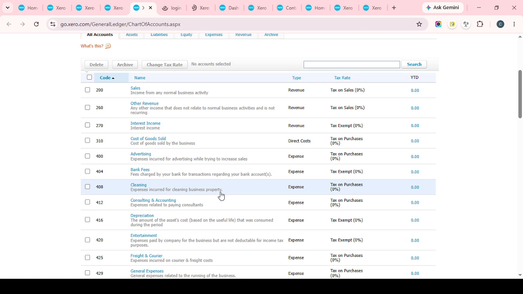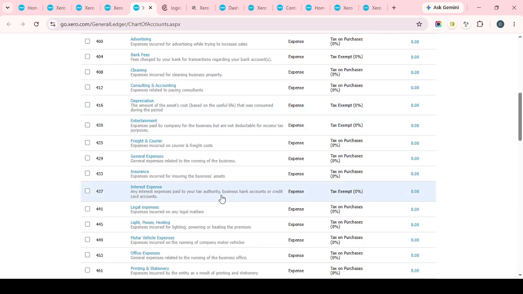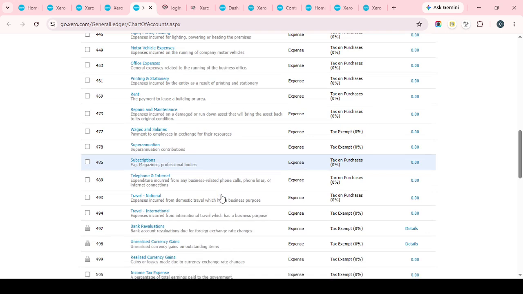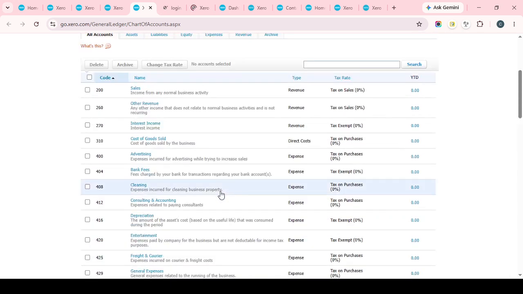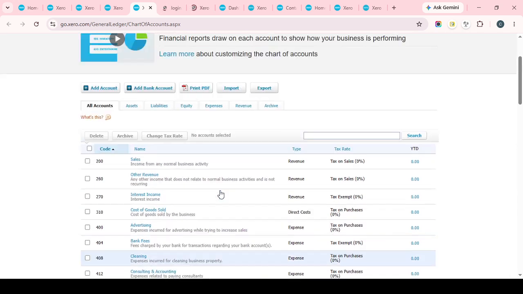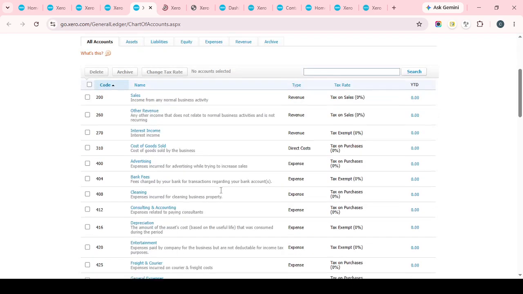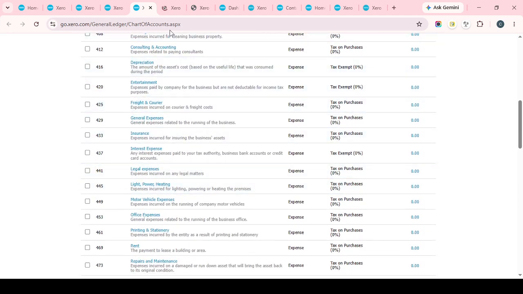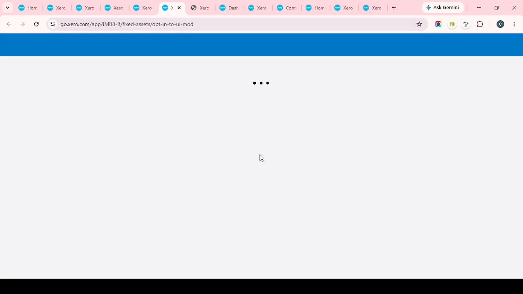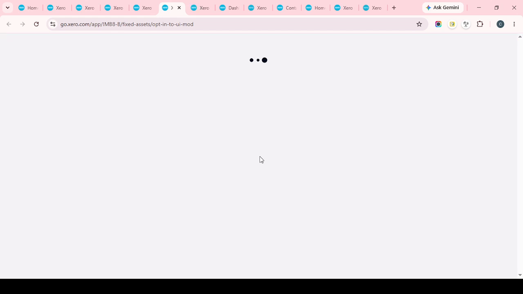At this point, you can choose Save as Draft if the record still needs to be checked or completed later. This is helpful if you're waiting on confirmation or if someone else needs to review the information before it becomes final. If everything is correct and ready to go, click Register to finalize the asset. And that's it. Once saved or registered, the asset will be recorded in your fixed assets area for future tracking